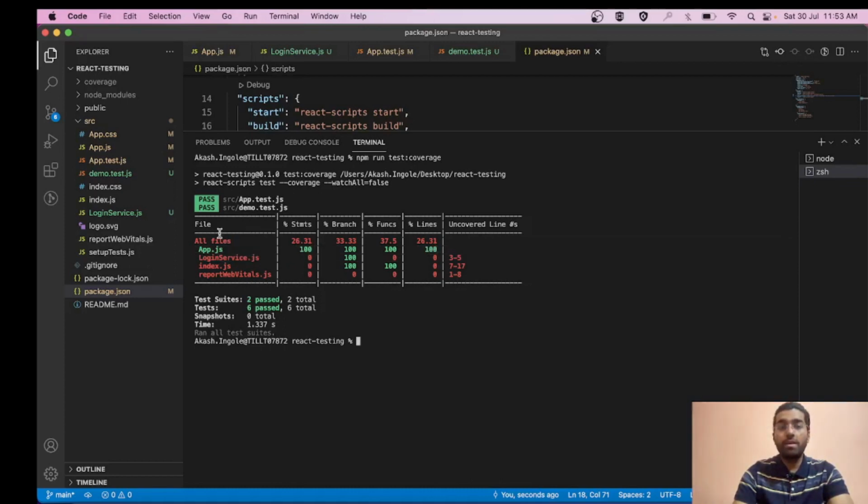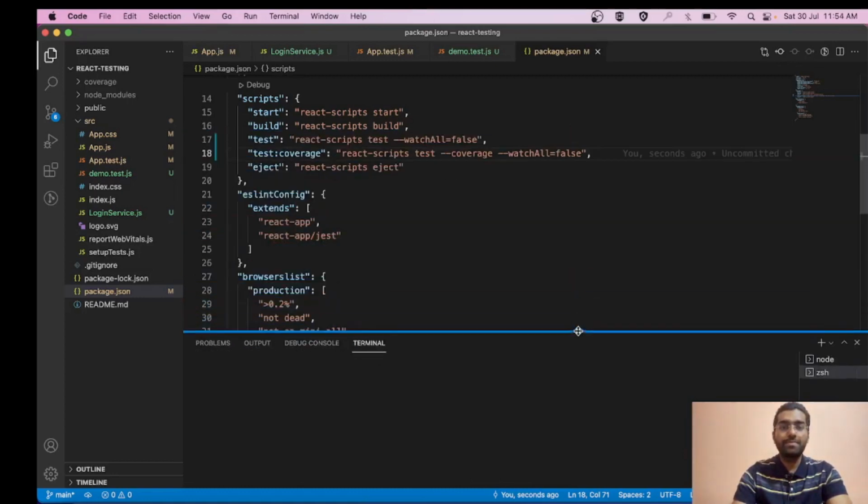But if I want to see how much code coverage there is of my total app, then it is not 100%, because as you can see, if we are comparing the entire React testing app, then it is only 26%. Over here it is 37%, 33% and 26%. This is very useful while you are implementing CI/CD, because over there you can apply rules that if your code has 75% test coverage, only then will the build be made. So all these things will help you over there.